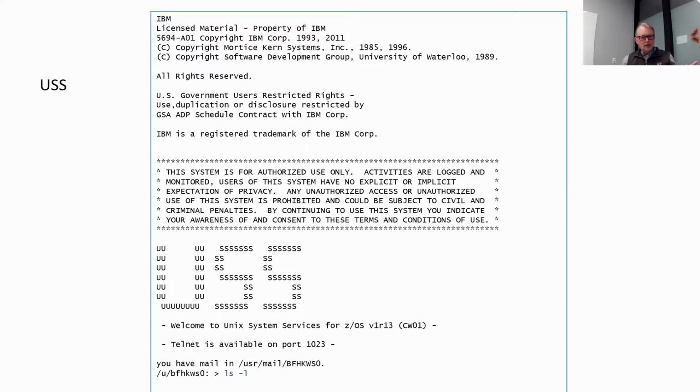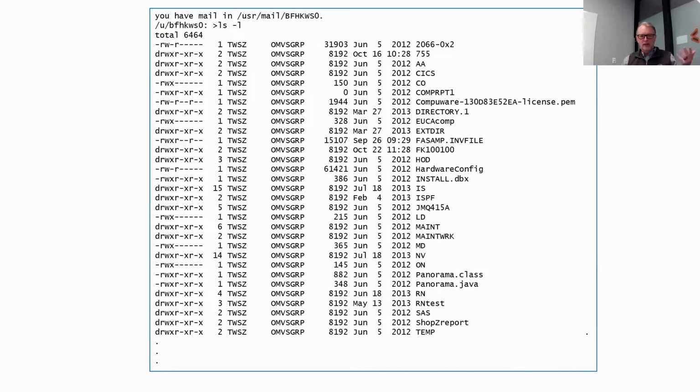There's also a Unix System Services facility. When you log on to it, it looks something like this, and it's exactly the same as what you would normally see with a Unix environment. It's Unix branded. So log on to TSO, go right into Unix, and then you're in a kind of native Unix environment. You can list with ls and change directory with cd, chmod, all of the normal Unix commands that you would see. All right, I am really slow today, so I have 5 minutes left.